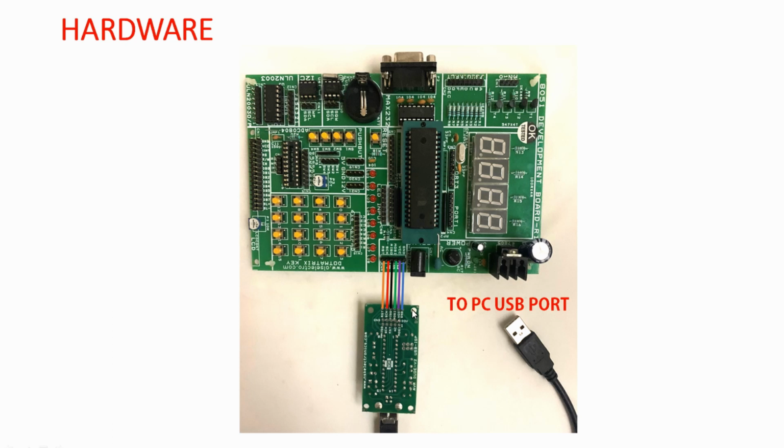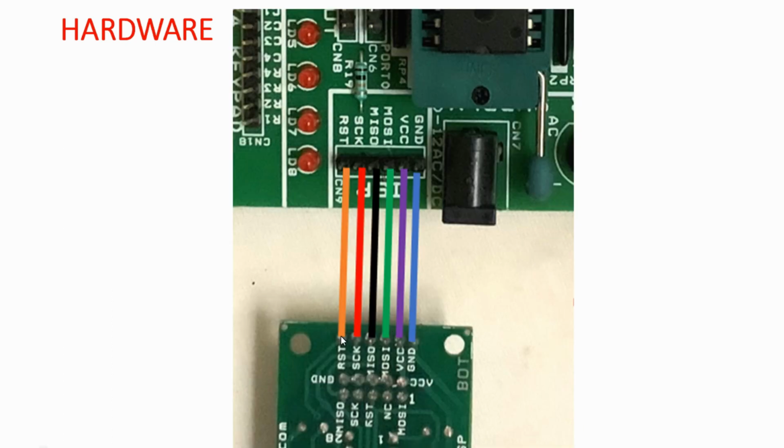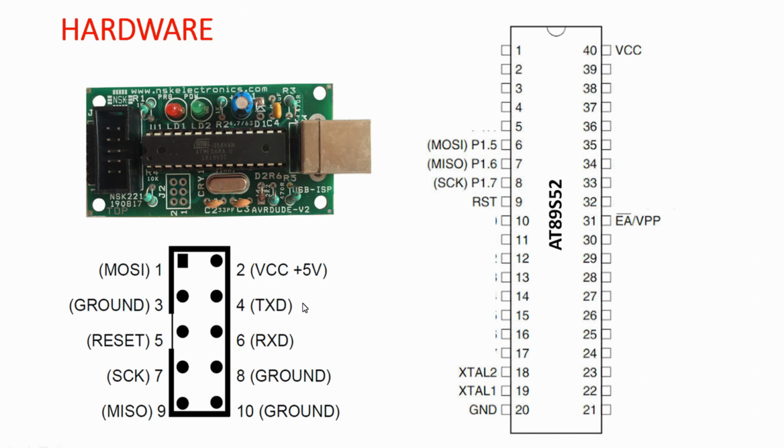The other end of my USB ASP programmer, I am just going to connect to the PC through a USB cable. You can see the terminal connections of the ISP programmer is this one. Reset is connected to reset pin of the ISP programmer, and clock is connected to clock, MISO to MISO, MOSI to MOSI, and VCC and ground to the respective pins. You can see all the pins are directly provided in my development board, or if you do not have a development board, you can also build the circuit on a breadboard for uploading the hex to your microcontroller like this. So this is the pinout of this USB ISP programmer.